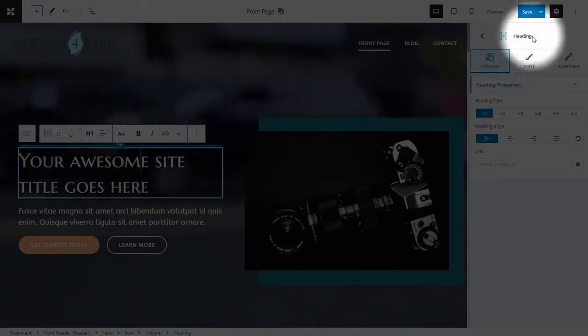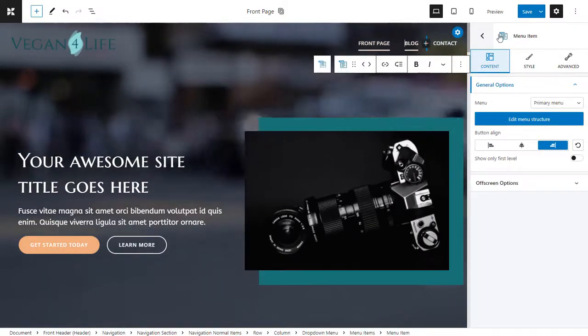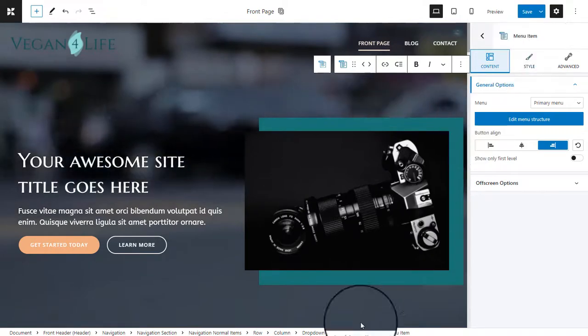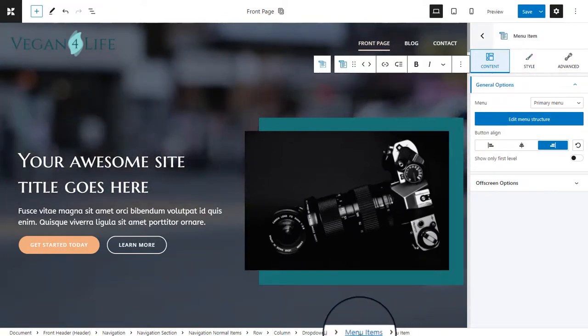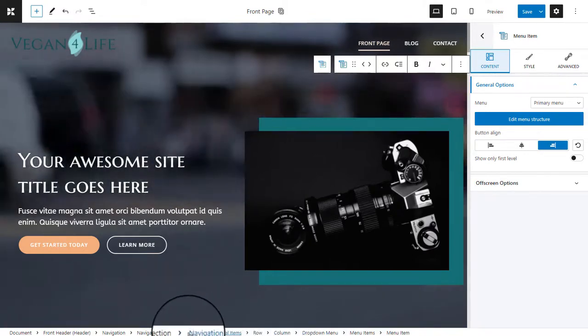You can also use the breadcrumb view to identify how certain blocks are placed inside other blocks. Let's select an element of the navigation. I'm clicking on a menu item. You can notice how all the elements are nested one inside the other. The menu item is nested inside the drop-down menu block, which lies inside a column, which is also nested inside